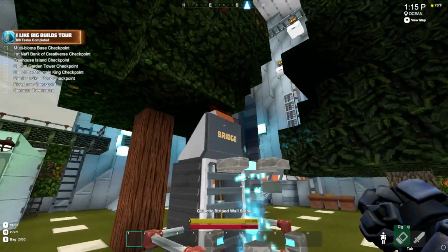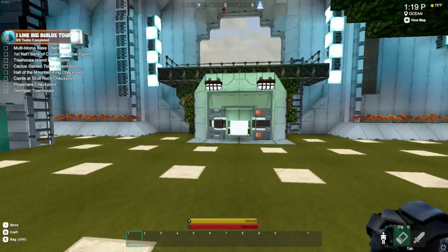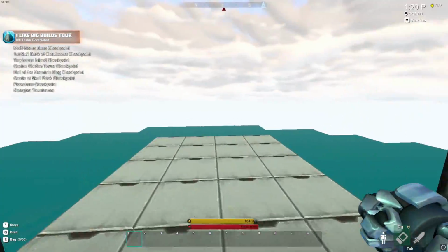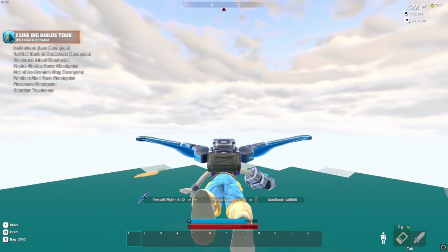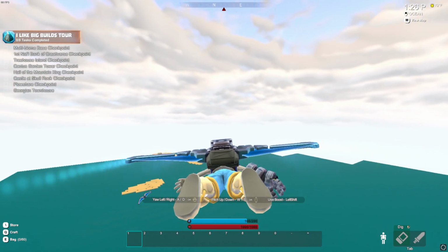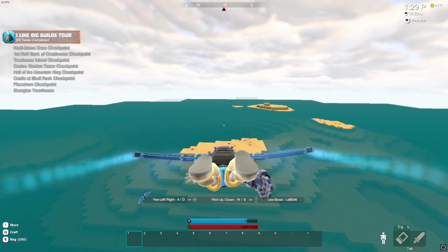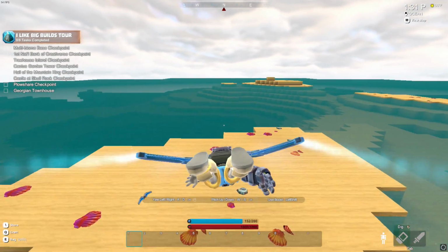Hiding a sign, getting it perfectly aligned. This is really cool. I actually really want to see this from the outside, see if it's like this spectacular spaceship thing. Flying's always a bit janky. You know what? I'm just going to land and then turn around. I really hope the entire outside of the spaceship is done. That would make this entire adventure worthwhile, because